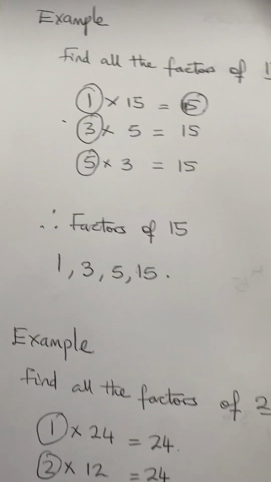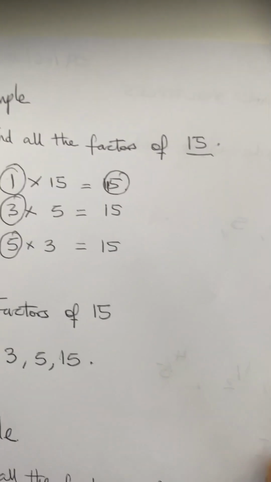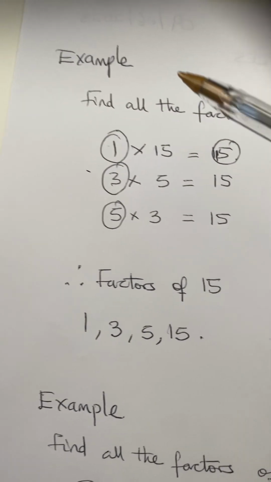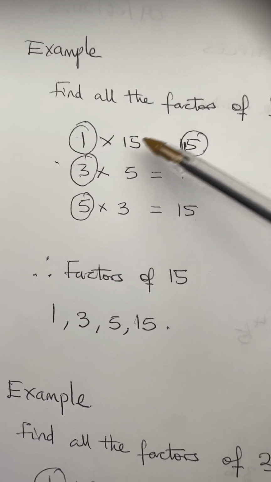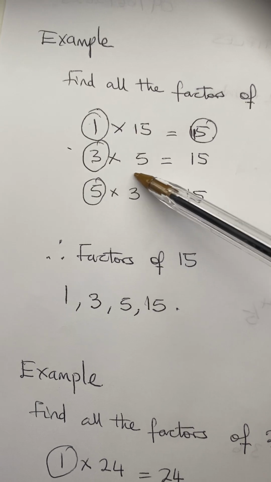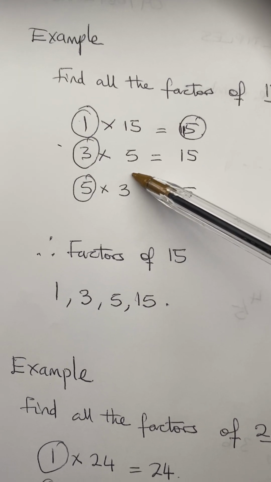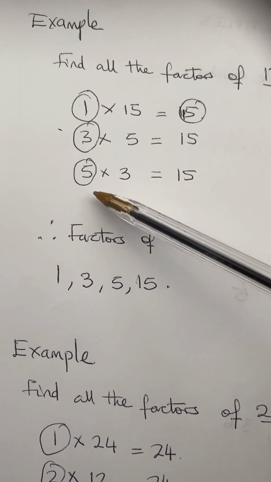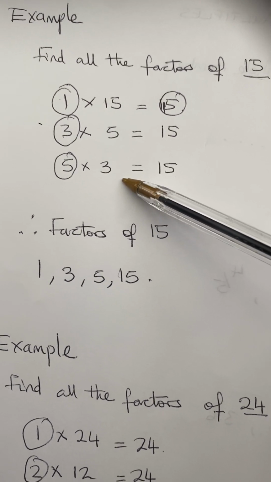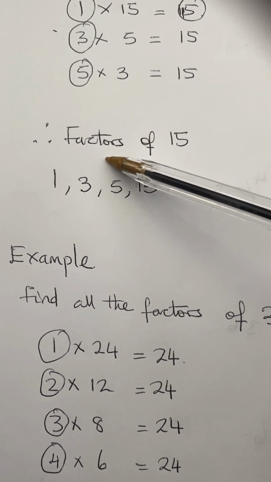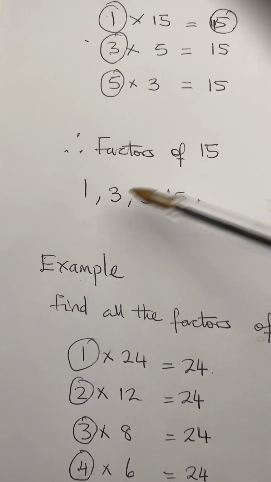Let's look at this example. Find the factors of 15. So I can have 1 times 15. I can have 3 times 5 is 15. I can also have 5 times 3 is 15. So the factors of 15 is 1,